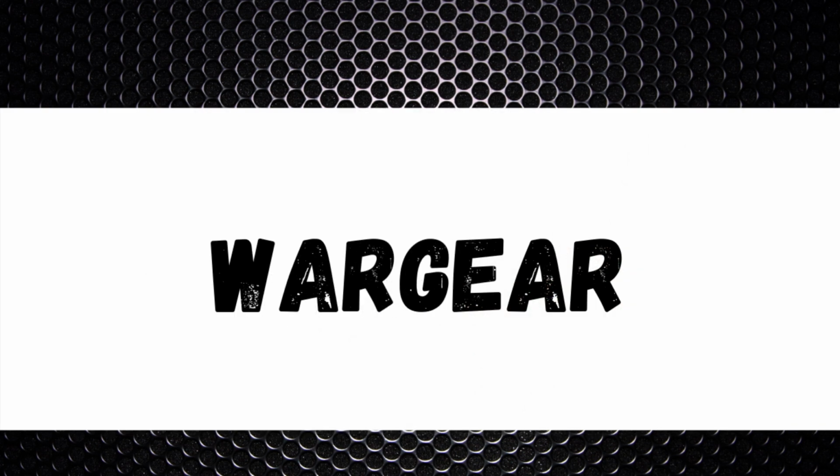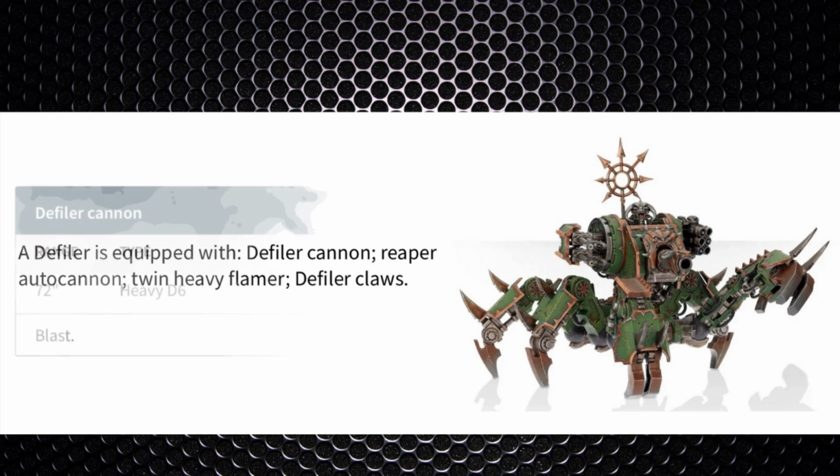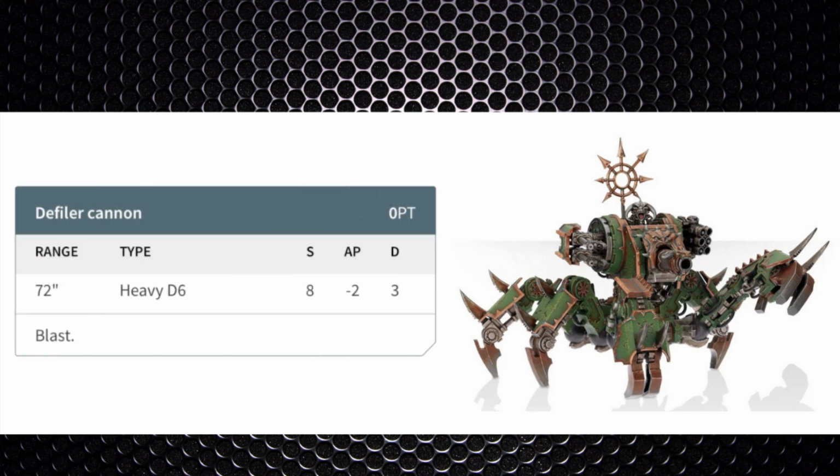As for the Wargear, now this thing's a bit like a Swiss Army knife, it's got a fair amount of weapons. Its stock loadout is a Defiler cannon, a Reaper autocannon, twin heavy flamers and Defiler claws. So let's jump into each of those, starting with the big one, the Defiler cannon. So it's got a 72 inch range, heavy D6, strength 8, -2 AP and the damage is 3 and